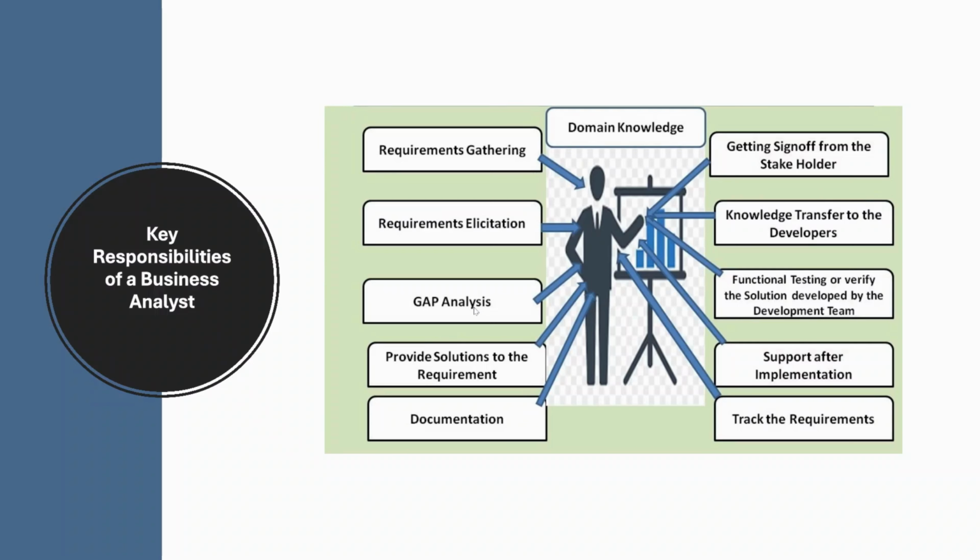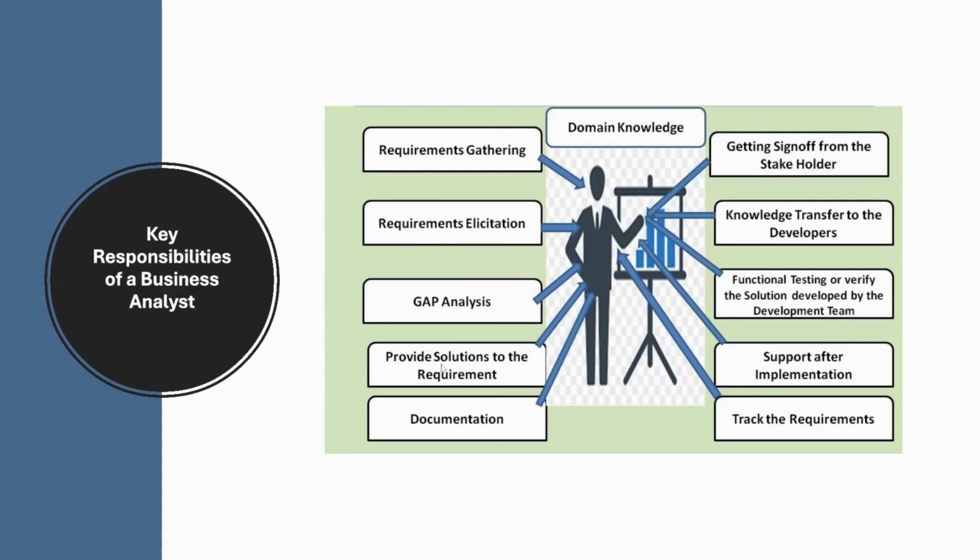Then the business analyst does the gap analysis. What is a gap analysis? Basically, the business analyst compares the current state versus the desired future state to identify the gaps that need to be addressed. For example, if there is a product where you are uploading a 10 GB file and it takes 20 minutes to get uploaded, but in your future state it should take less, say I should allow the user to upload within 5 minutes. So that needs to be addressed in our future scope. This is how the gap analysis has to be done.